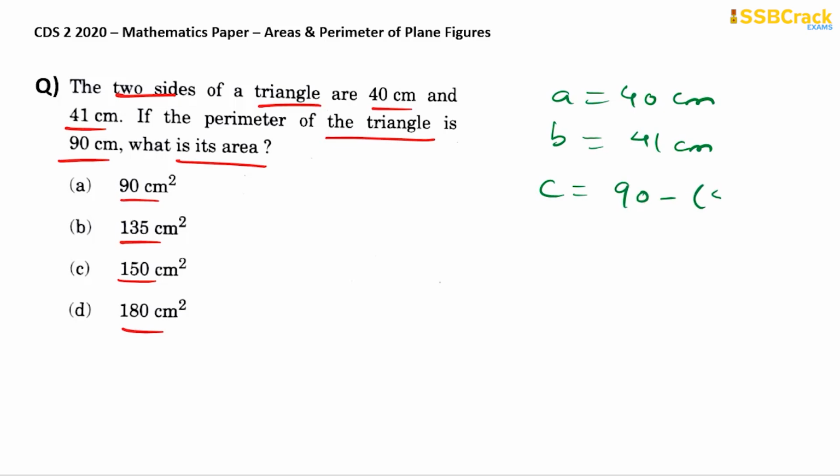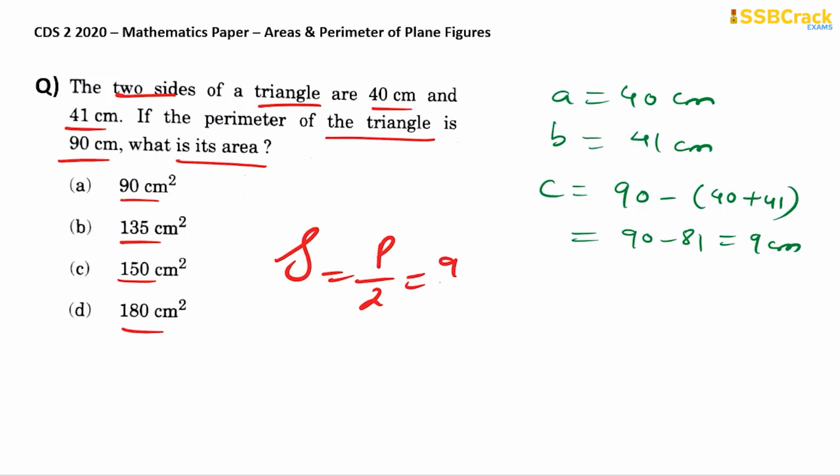So 90 minus 40 plus 41 you are subtracting. So it's 90 minus 81, that is 9 centimeters. Then writing the semi-perimeter is easy, perimeter by 2. So it's 90 by 2, it's 45 centimeter. And by Heron's formula,